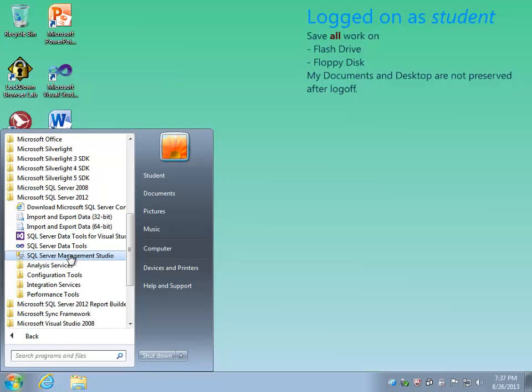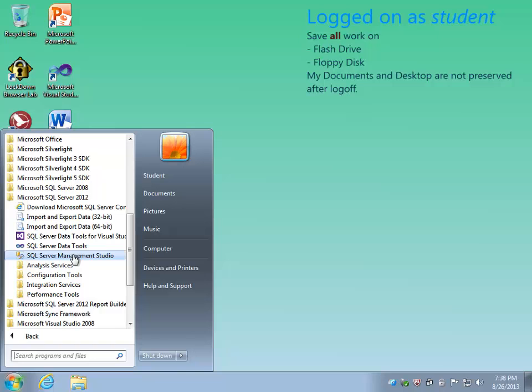Hello and welcome to this video detailing how to log on to a SQL Server instance and starting a new query. In order to log on to SQL Server, there are a few different tools you can use. We will mostly use SQL Server Management Studio. Be sure to select the Management Studio version for your edition of SQL Server, and in our case that will